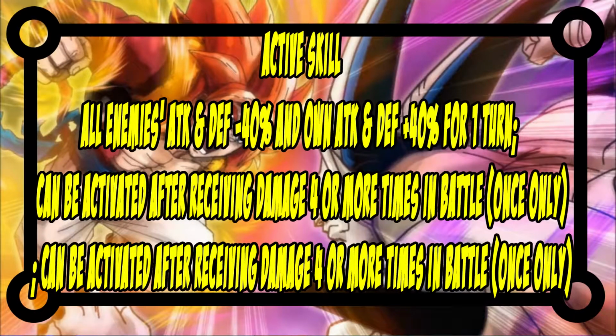And adding to his similarity to Jiren, he does have an active skill of all enemies' attack and defense minus 40% and own attack and defense plus 40% for 1 turn. Can be activated after receiving damage 4 times or more in battle, only once. So there's a big reason why I'm leaning towards summoning other characters over Gogeta,